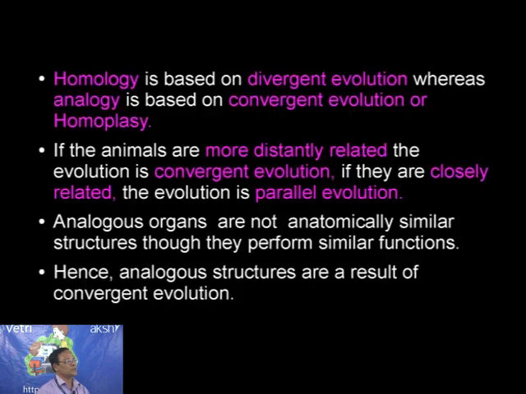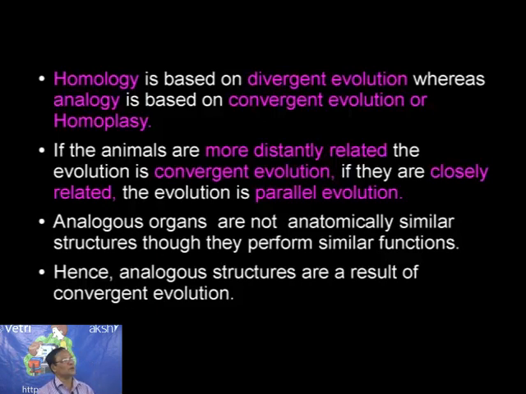And in the case of homology, the different organisms have evolved from a single common ancestor. They are diversified to lead different modes of life. What do you mean by convergent evolution? Simply, the evolution of more distantly related species is called convergent evolution. For example, the insect and the bird are coming together towards one phenomenon, flight, but they are different. So the evolution of more closely related species is called parallel evolution.